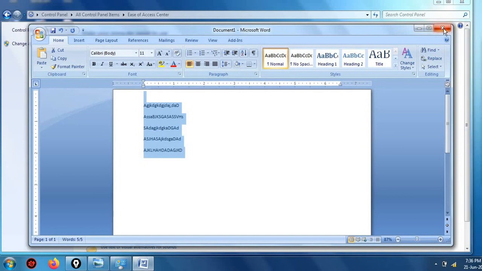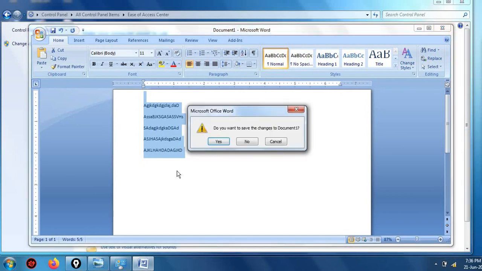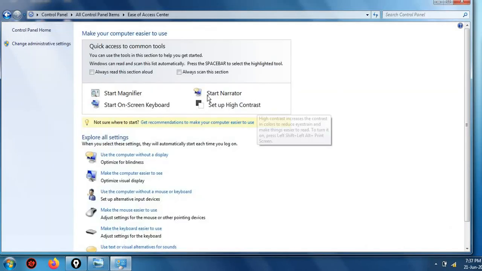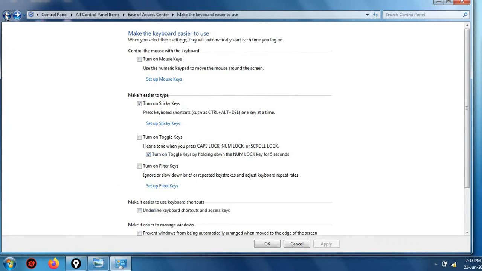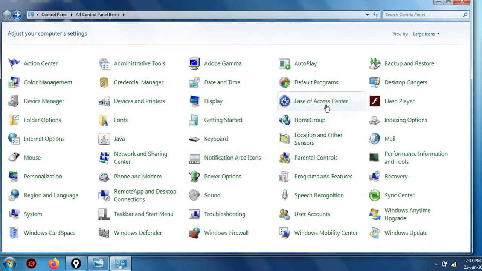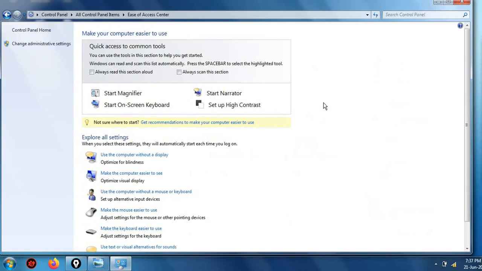And next, we have to discuss the on-screen keyboard, right? Suppose you are doing an important task and meanwhile your keyboard stops working. What you can do is switch on the screen keyboard.